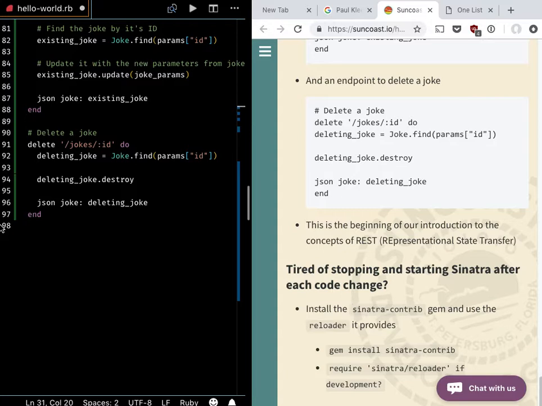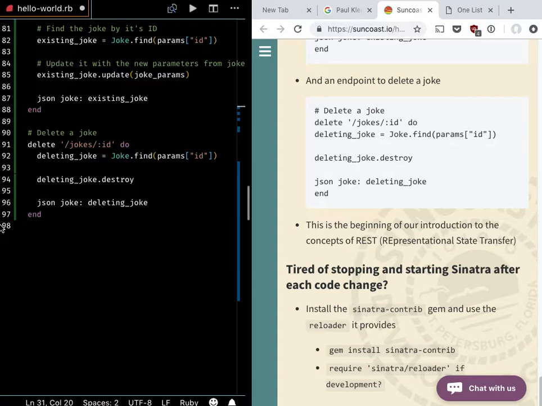You know, it's got all these rules and whatnot, but the thing that you should think about is that if every item in your project, in the thing you're trying to build, can be thought of as some resource that can be created, read, update, and deleted, then that should match to a set of URLs that allow you to create, read, update, and delete them. Right? So if we had jokes and we had authors of jokes, or joke writers, maybe we'd have another set of URLs that would be /writers,